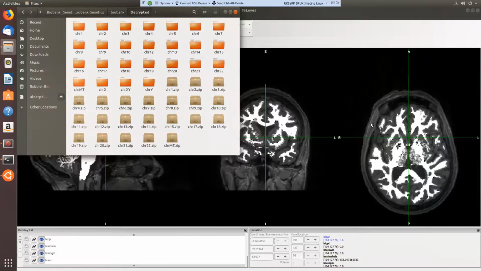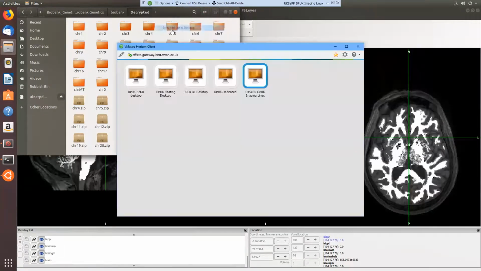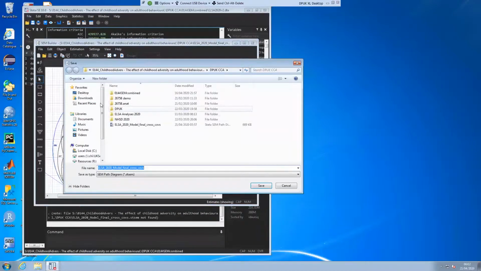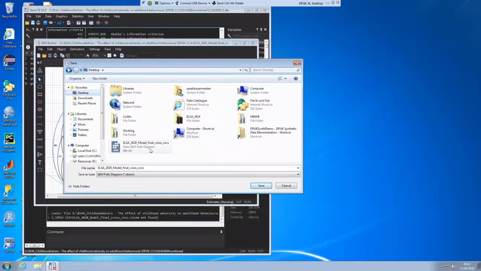Importantly, what you would like to do after completing an analysis is extract outputs such as graphs, figures, and tables for publication and presentation purposes. So if we go back to the 128GB desktop, here we have the figure that we produced earlier on after running our structural equation modeling analyses. So if we just save this figure to, in this case, the desktop or your project folder,